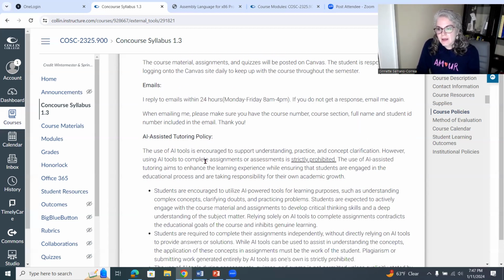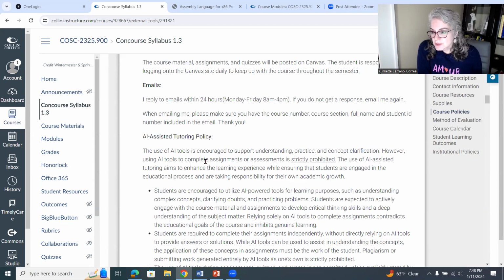AI assisted technology. I love AI assisted technology. I love ChatGPT. Love it, love it, love it. I love it because I can use it to learn, and that's how I want you to use it. So I can read something, and if I don't understand what that website or what that textbook said, then I just type my question into ChatGPT and it gives me an answer. You're welcome to do that. You're not allowed to take a problem that I give you, put it into ChatGPT, get an answer, and then copy and paste that answer as your program. It's very easy for me to detect these.